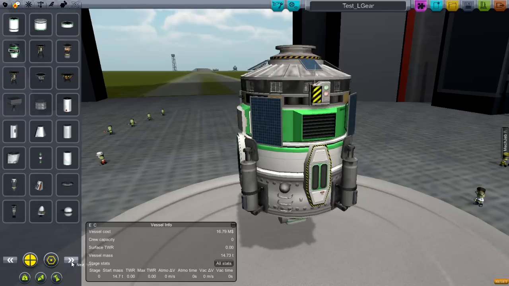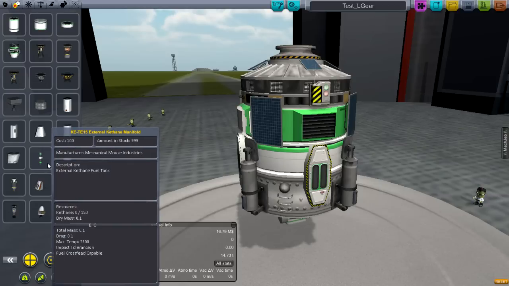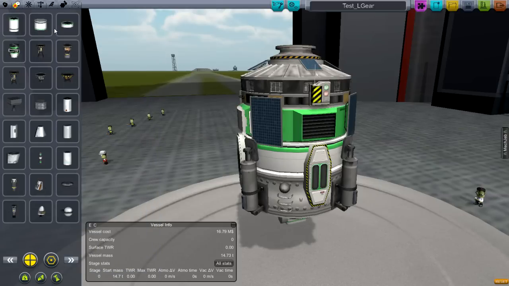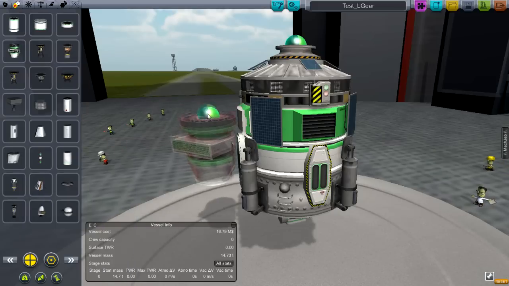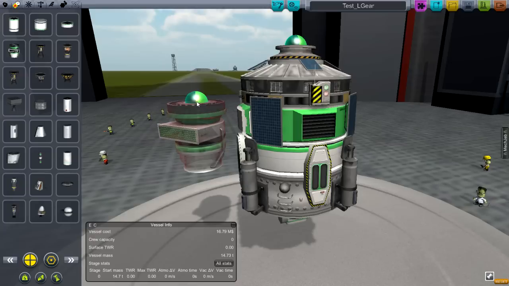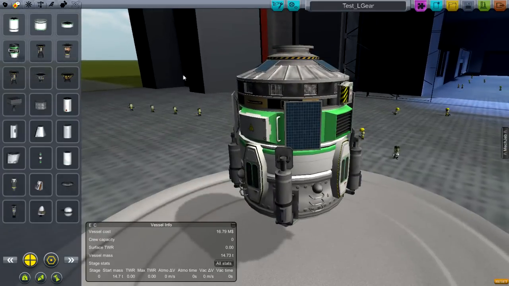Load up. Yeah, it still has some problems loading all this. Yeah, so none of these Kethane tanks have anything in them, and that's really bothersome. Considering you have a jet engine that runs on Kethane, what do you expect, right? Okay, so...